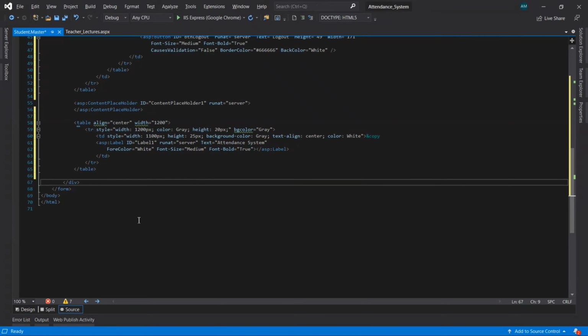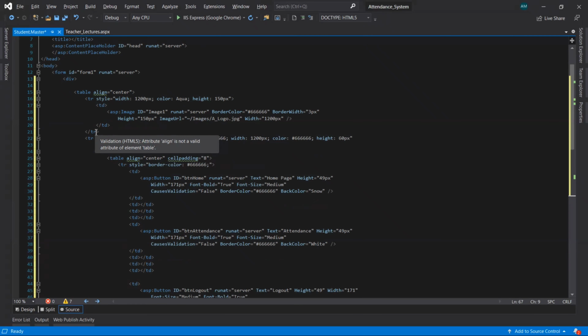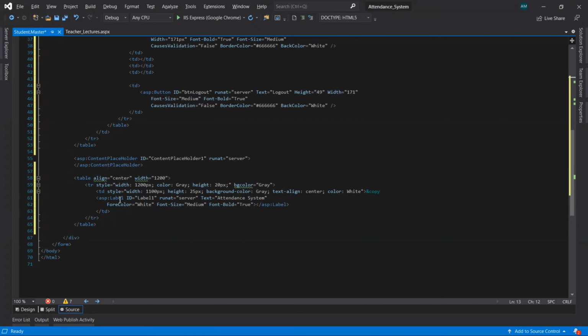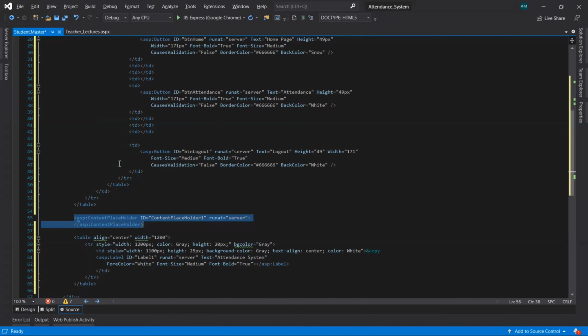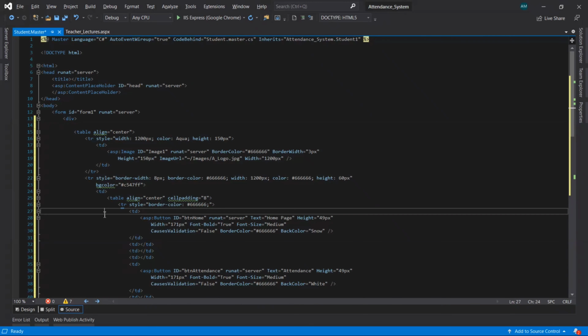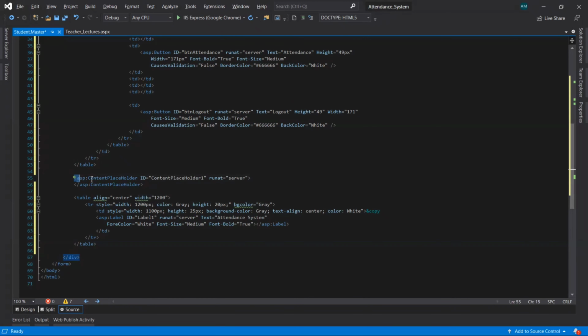So let's see what I have taken in the code for the design. In the div tag there was only one content placeholder to start with.